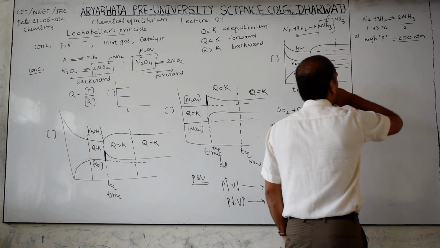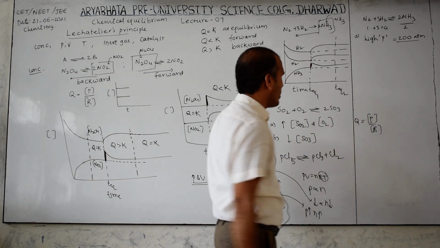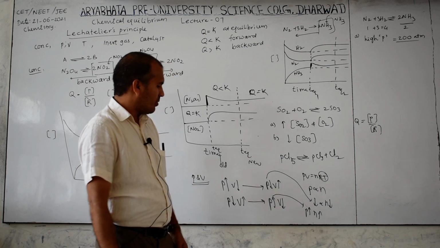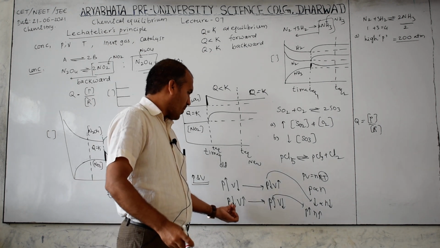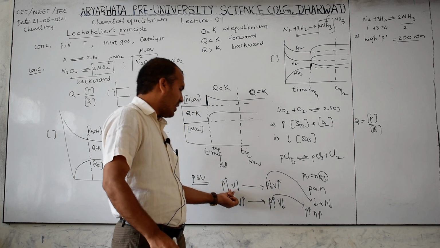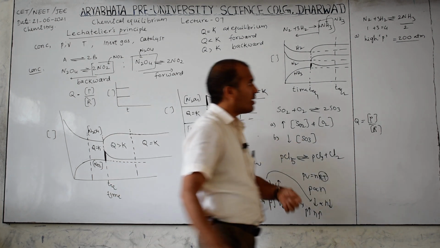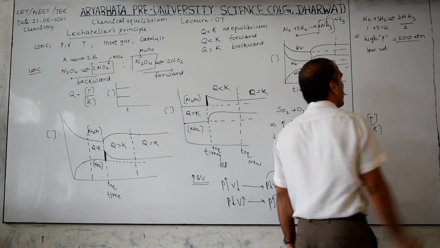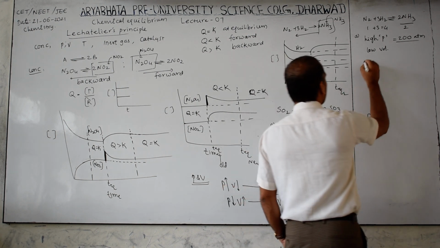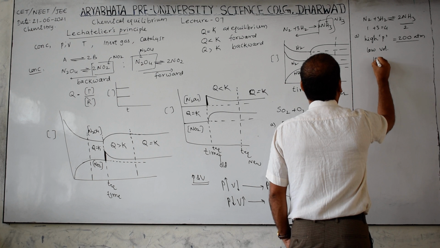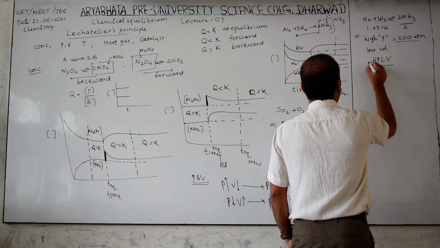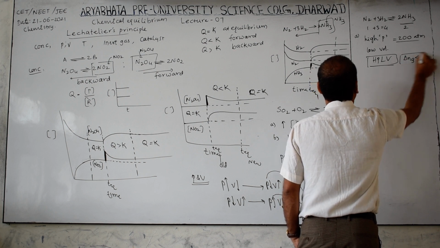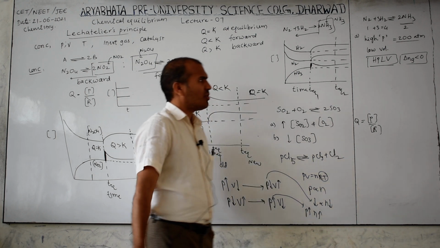Next, what about the volume? They may ask a volume-related question about forming ammonia. The volume should be what? Decrease. Volume decrease means the reaction moves toward the volume-decrease side, so low volume is required. High pressure, low volume, HPLV, remember. This is for reactions with delta Ng less than 0.